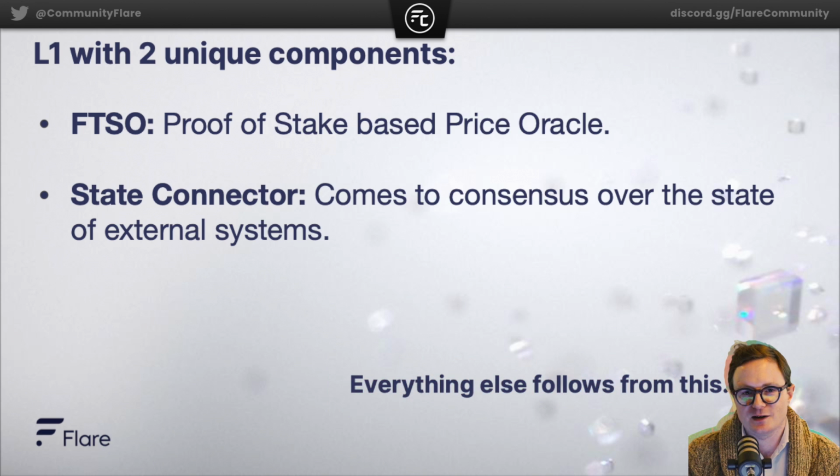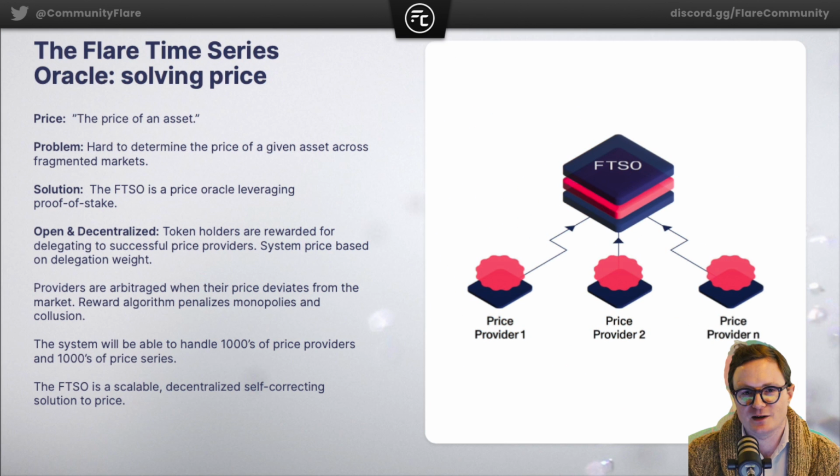And so I'm just going to run through very quickly, just a little more detail on the FTSO and the state connector. So what the Flare Time Series Oracle is doing is, at least in the first instance, it's solving for price. But in reality, it can solve for any probabilistic data set, which has a time series. And so what you do with your Songbird tokens currently, and what you will be doing with your Flare tokens in the future, is you'll be delegating them to price providers. As I said, since we launched Songbird, we have close to 100 of them. You delegate your tokens, and the price providers on your behalf put prices into the system.